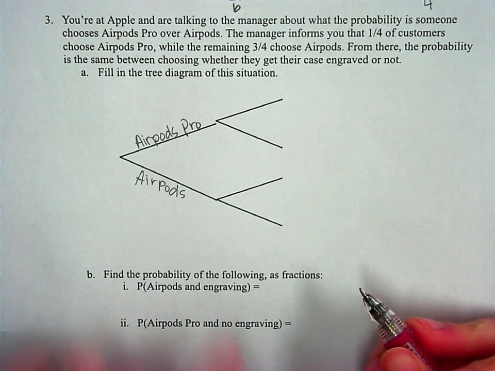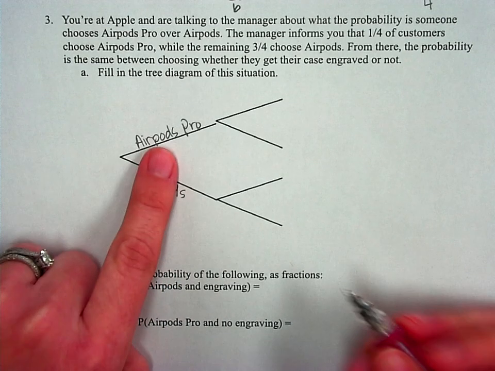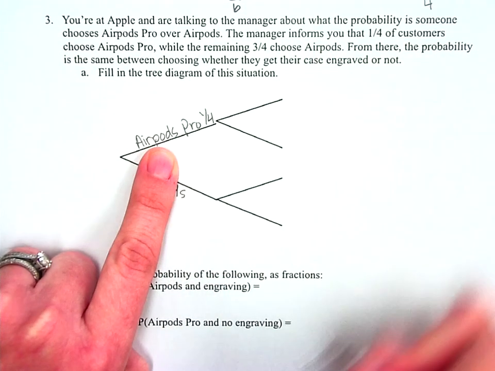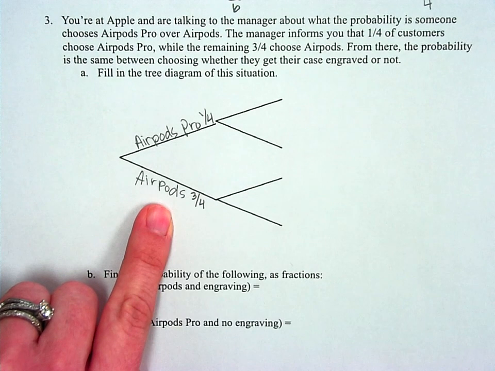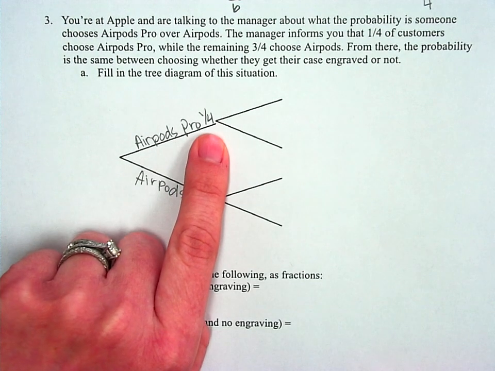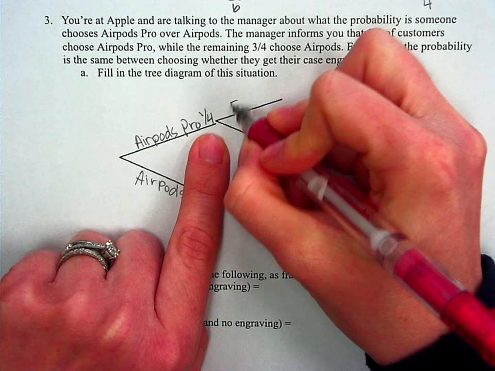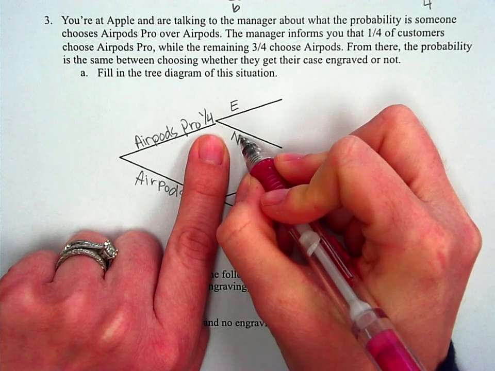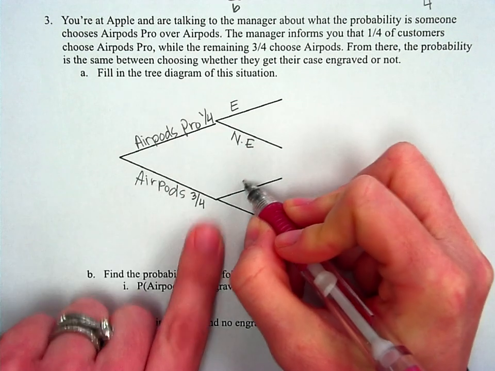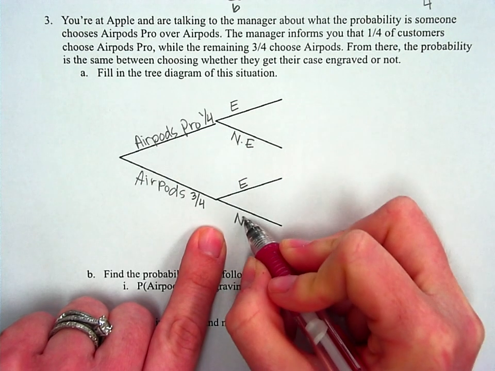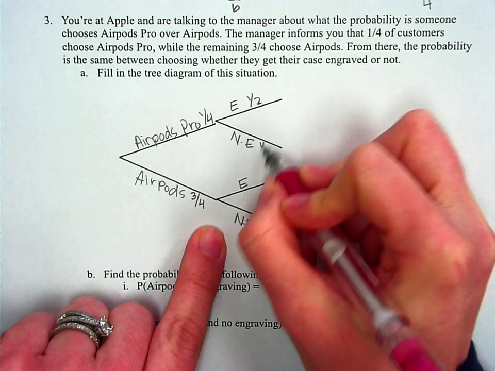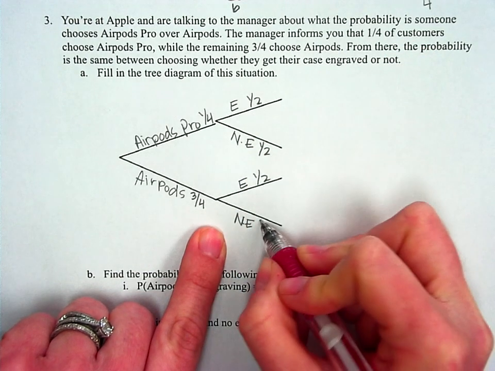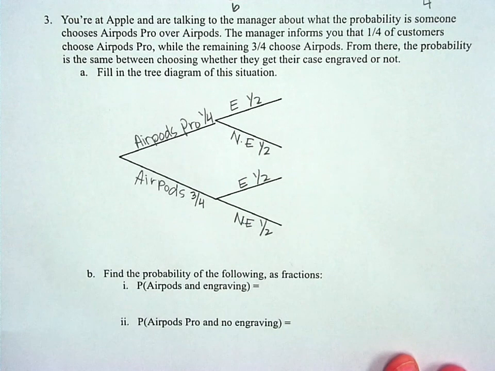And it looks like he said 1/4 choose AirPods Pro, so this one's going to be 1/4. And 3/4 choose the normal AirPods. Okay. And then from there, he said it's equally likely that they get it engraved or not engraved. So I'm just going to put E for engraved and not engraved. So that one's equally likely. So half the people get it engraved and half the people don't get it engraved,